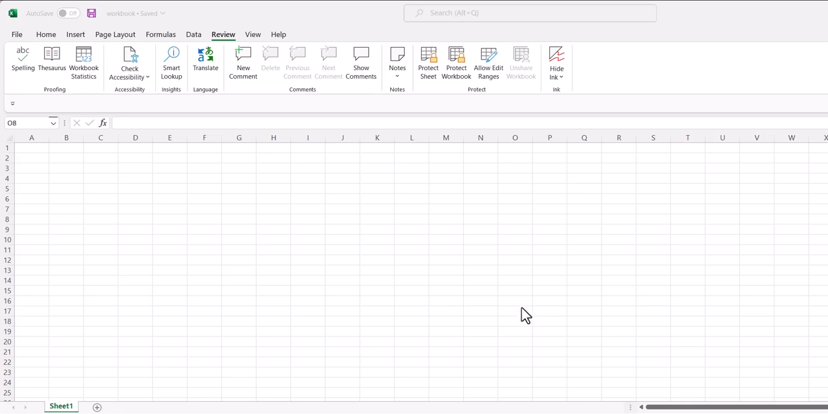Hello everyone. In this video I will let you know how to share the Excel file in MS Office 2019, 2021 and MS Office 365. So I'm using Office 365, so the Excel sheet looks like this, and if you guys are using 2021,